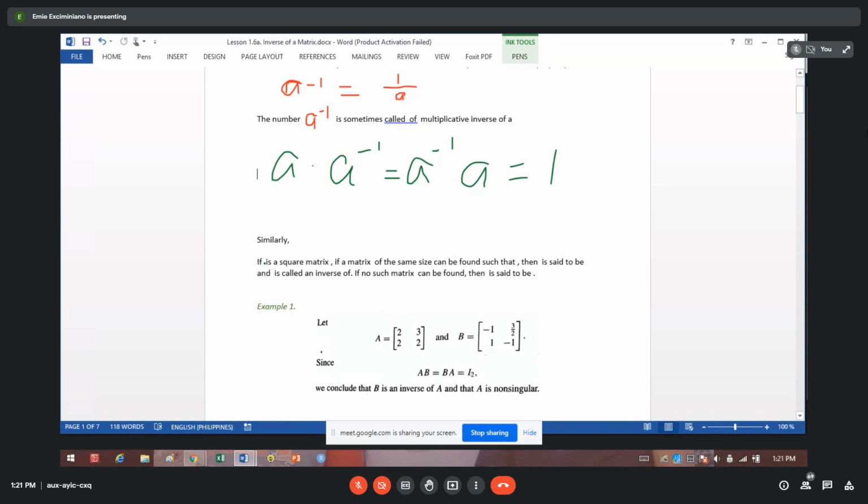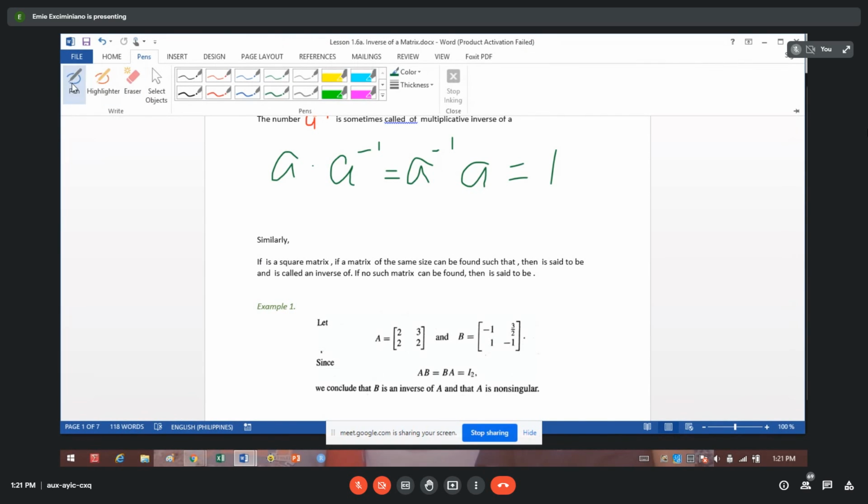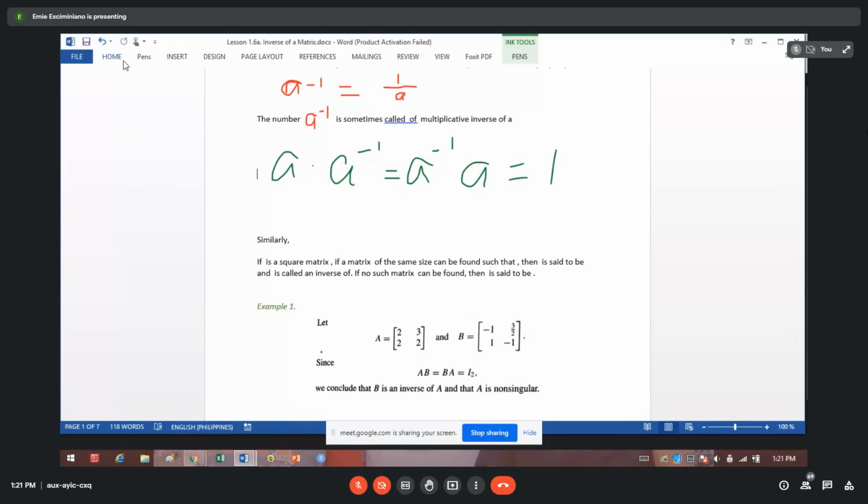If A, my symbols here all disappeared. There is a symbol here. Right? If A is a square matrix, what is a square matrix? N by N. Okay? And if A is a square matrix, and if a matrix B